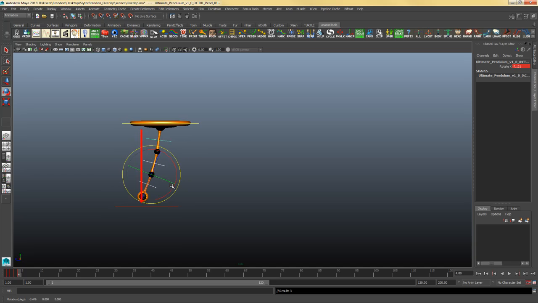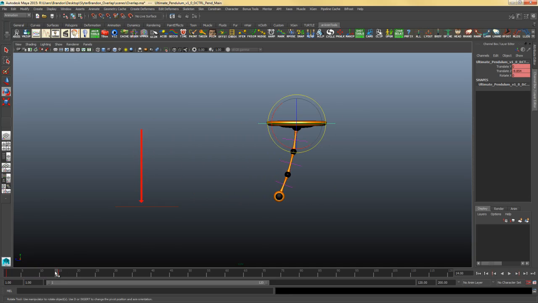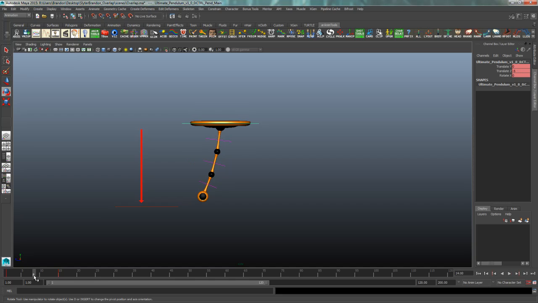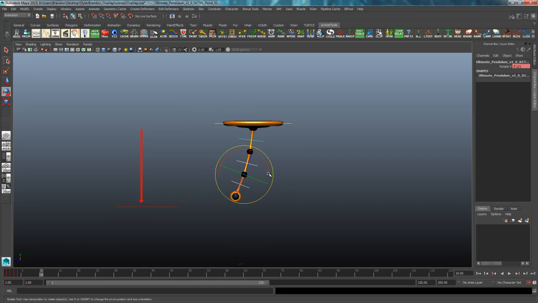Alright, that's pretty good for now. Then it stops around, what, frame 15. So we'll go to frame 10, and we'll bend this all the way like this. That's the most it'll ever drag. Then we'll go to frame 15,